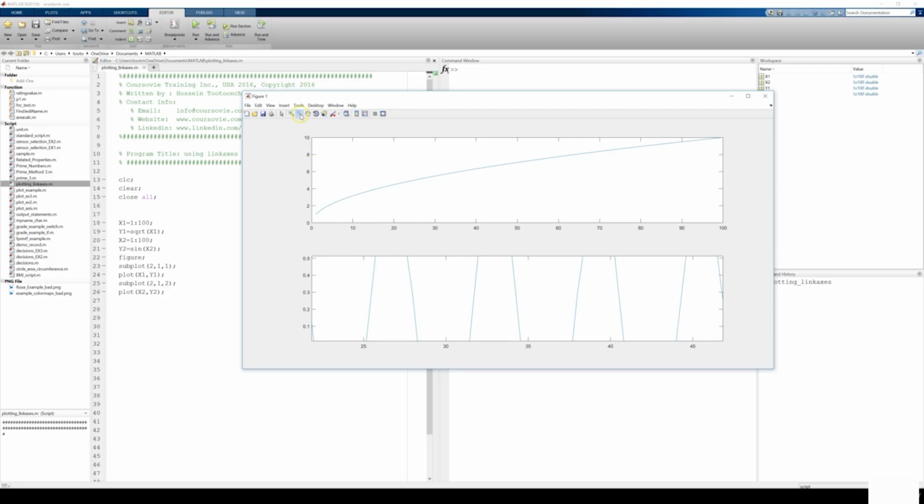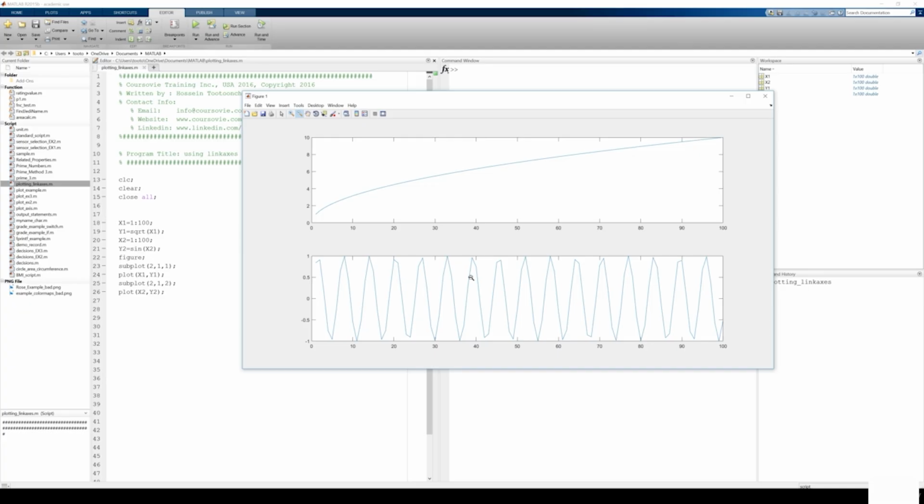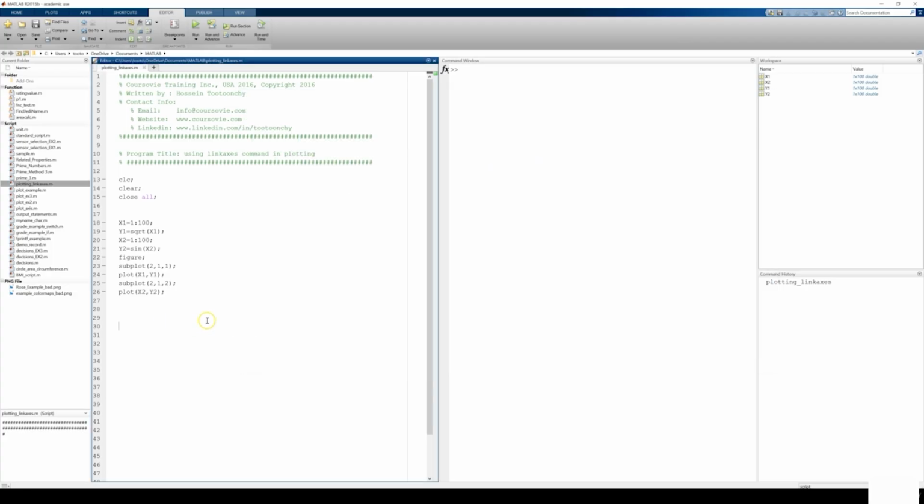We don't want it to have this. We want it to have both functions linked together. So once we zoom in one, the other one will zoom in as well. There is a function in MATLAB, and that function does exactly that thing. It's called linkaxes. So if I type linkaxes,